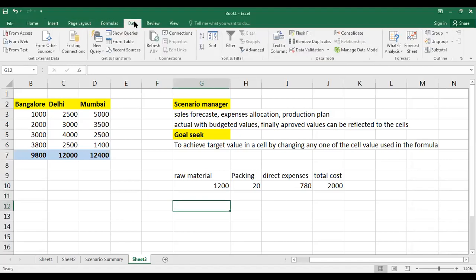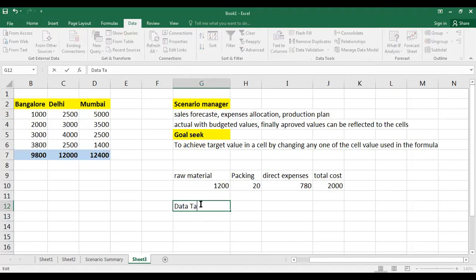So now in the what if analysis, the last option, data table. So I write here data table.